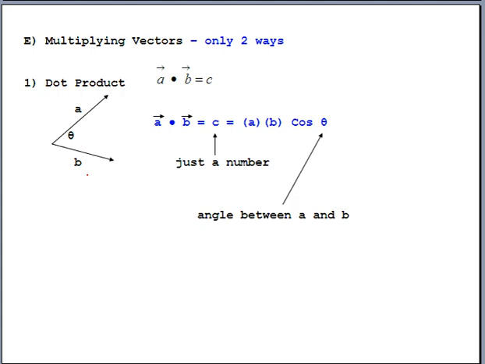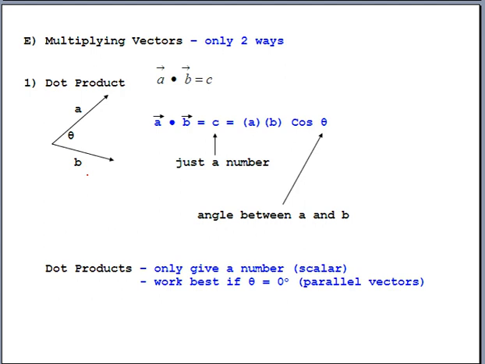So a couple of things to point out here. The answer is just a number. It's just a scalar. It's not another vector. And this theta that we're talking about is the angle in between the two vectors when they're positioned tail to tail. Now, cosine, if you want to get a good value for cosine, like the value of 1, that's the best it can do, you actually have to put 0 degrees in. So a 0-degree angle means that the vectors would be parallel,